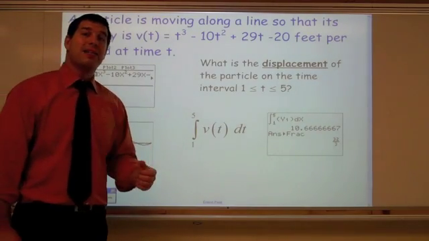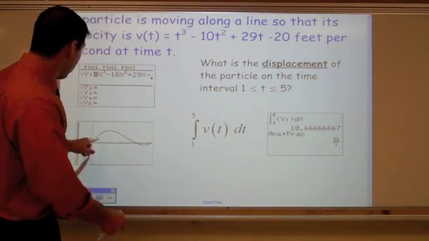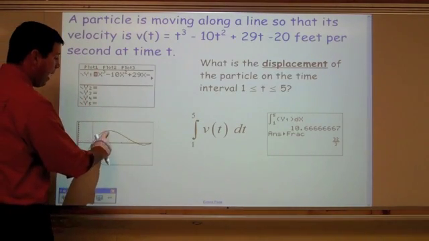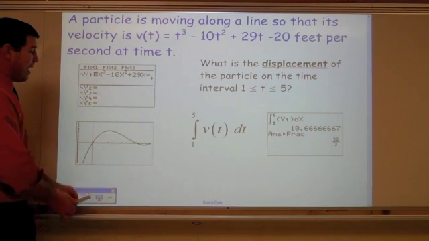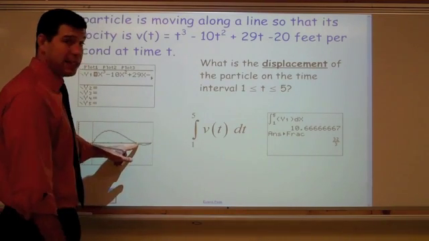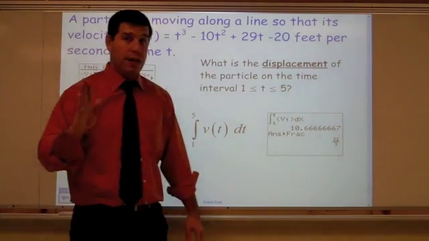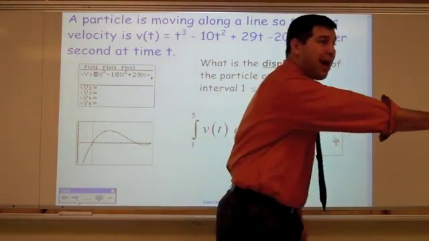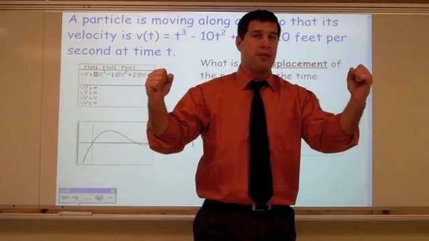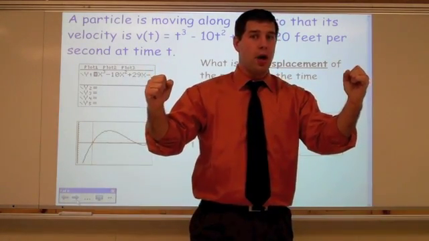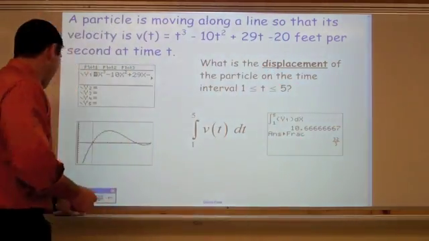Now, the next type of question they could ask you. This particle, you can see, is moving in a positive direction over here because the velocity is positive, but over here it's moving in the negative direction. It looks like at 4 seconds it started moving backwards. So it was moving to the right, at 4 seconds it stopped and started moving back to the left. And at 5 seconds it was here, 10.6 feet away from where it started. But the next question is going to ask you,